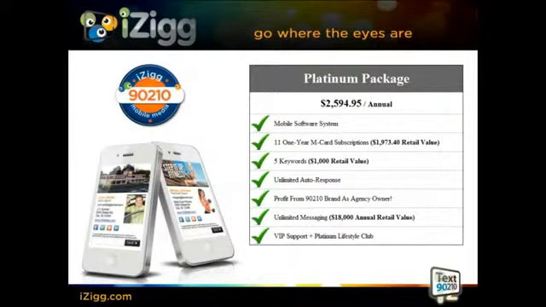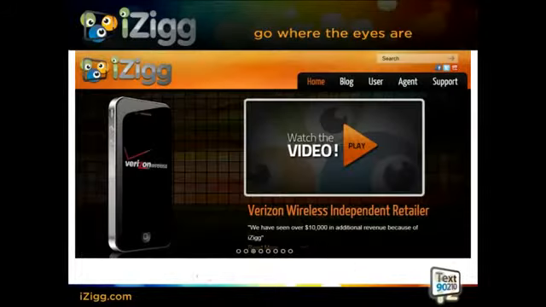Or if you're looking for the ultimate value, which is our platinum partnership or platinum package, it includes 11 one-year M-card subscriptions, 5 keywords, plus unlimited messaging, which is an $18,000 retail value. Guys, this package is untouchable in the open market. Both the agency promo pack and the platinum package allow you to build and profit across the entire United States with zero territorial restrictions. You have the ability to put this in front of every single person you know and meet.